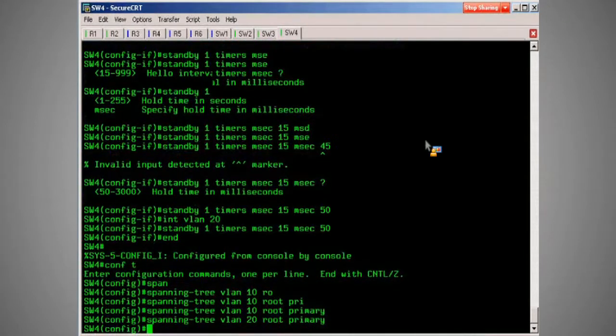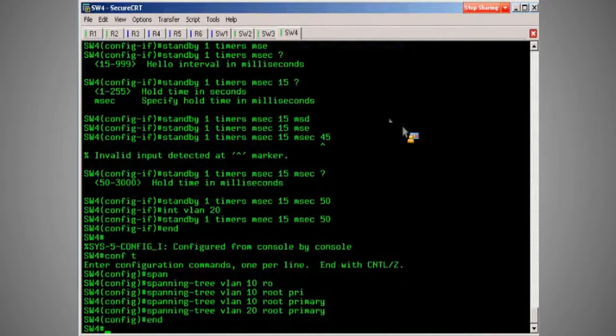And the same thing for VLAN 20. So whoever is the active router for that VLAN, we would also want them to be the spanning tree root. Because otherwise we can end up in some weird layer 2 forwarding path that is going to add convergence time to the layer 3